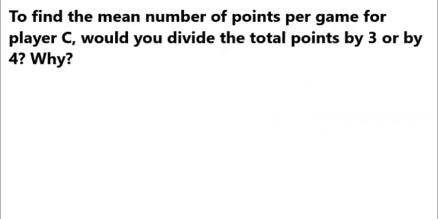The next thing we need to answer is to find the mean number of points per game for C. Would you divide the total points by 3 or by 4, and why? So what do you think? Should we count the games as 3 or 4? If you observe, player C did not play in game 3. So if he's not played in game 3, we should not be counting this game in the number of games